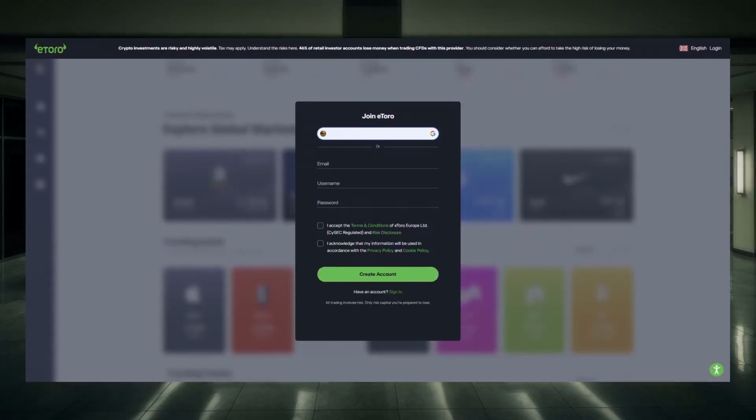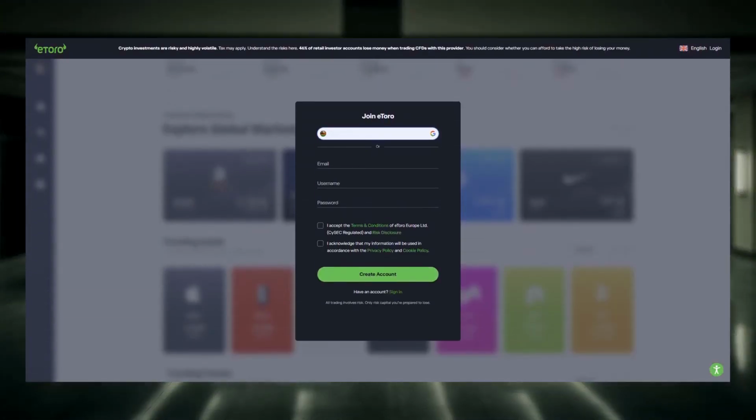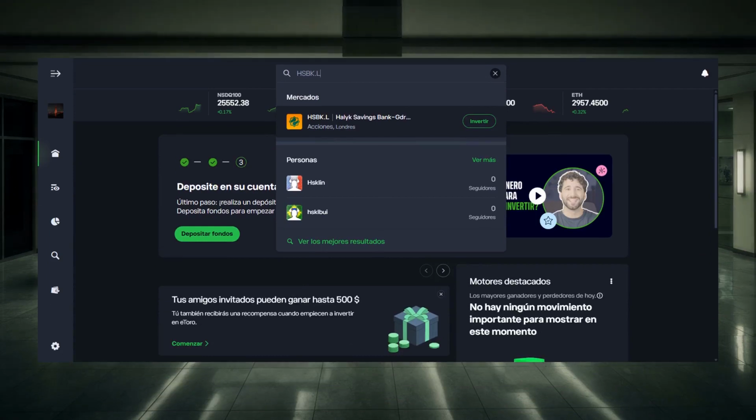To buy HSBK.L, you need a broker. We use eToro as an example to demonstrate the process. After registering, you will need to verify your account, usually with an ID, and add funds before you can place an order. Use the platform search bar to enter the ticker